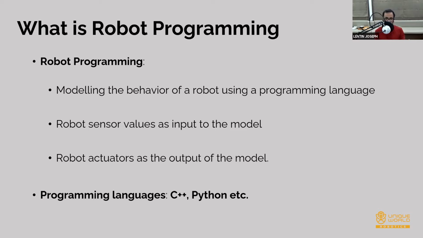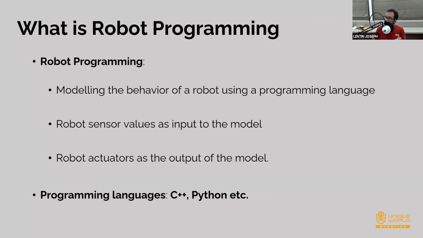For robot programming, we have data from the sensors, right? A robot will have many sensors, and your program should receive the data from the sensors.